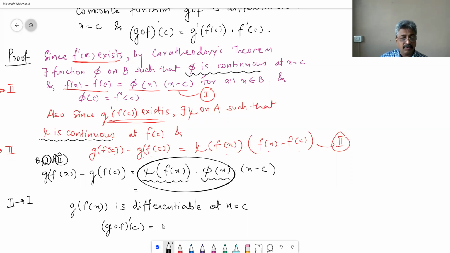So it is psi of f of c into phi of c. Is that right? But then what is psi of f of c? I think we have written it somewhere. Psi of f of c